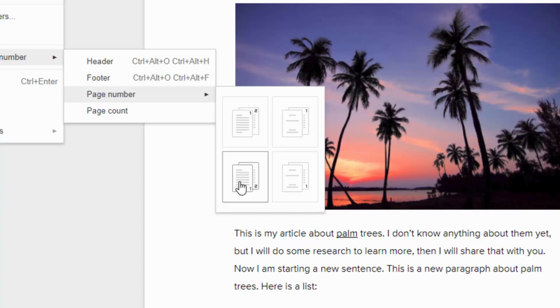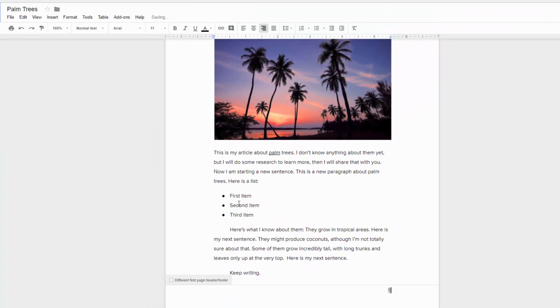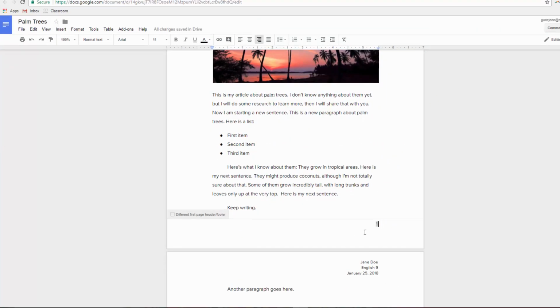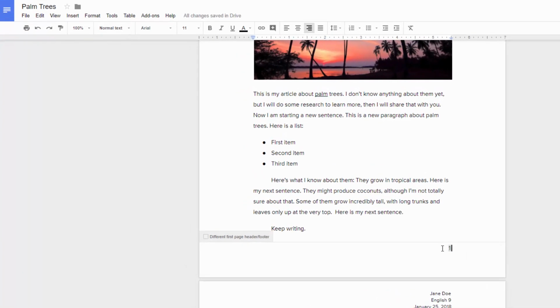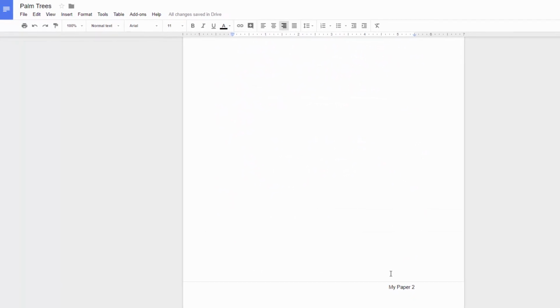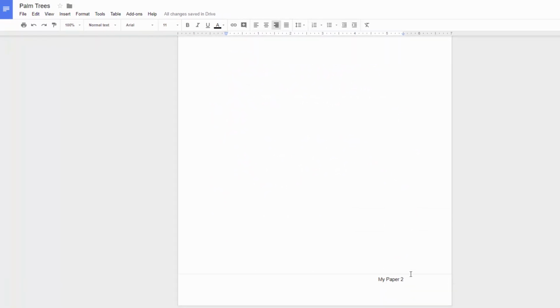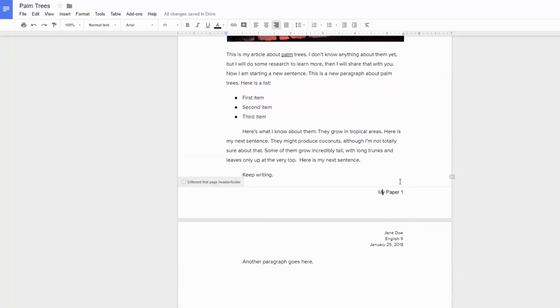So I'm going to choose the bottom, and I'm going to have it start numbering right here on the first page. So if I wanted to add some text to this, I could do that. And everything I write here will appear on the other pages. And notice that it automatically numbers it as you go along. Sometimes people like to put a little space here though. So I would probably put a space and maybe a hyphen or something like that just to separate this text